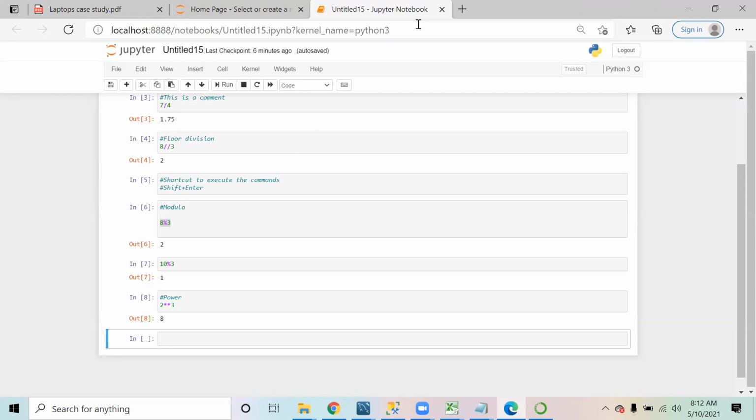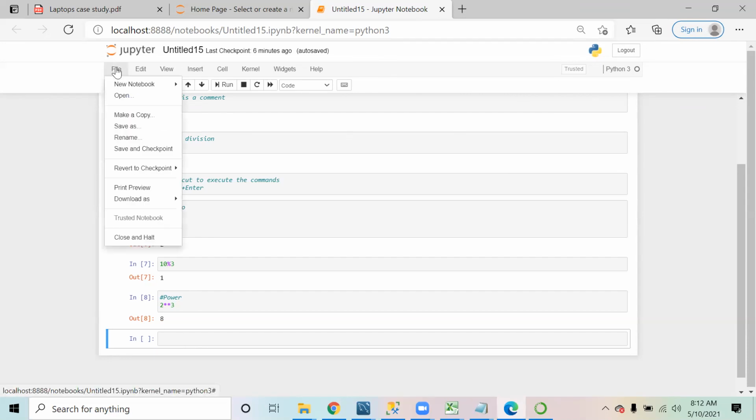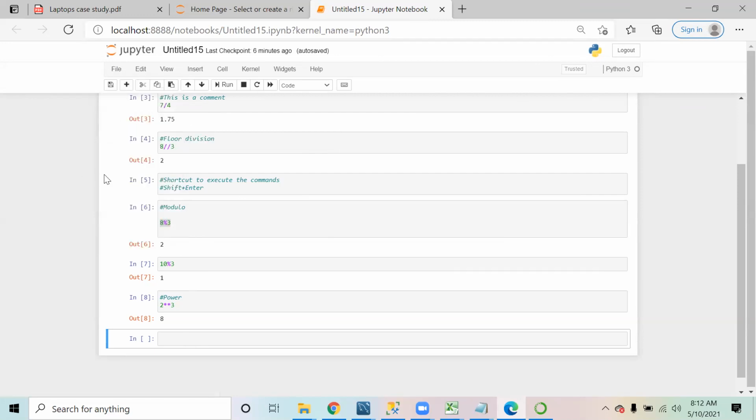So the moment I close this file, all these calculations and numbers will be washed off. Otherwise, I will save this file. If you save this file, the code will be saved, but the output will not be saved.